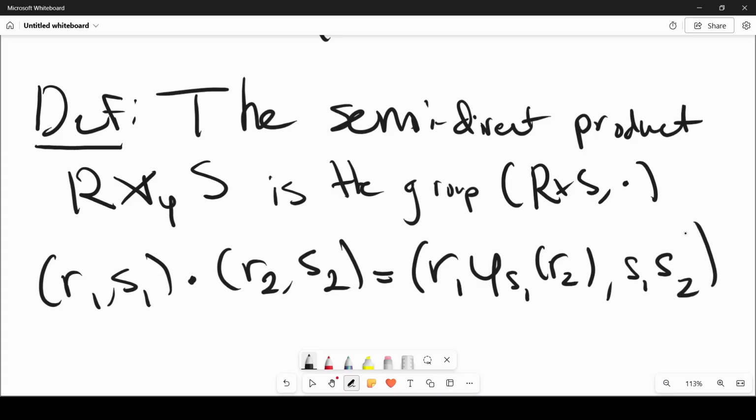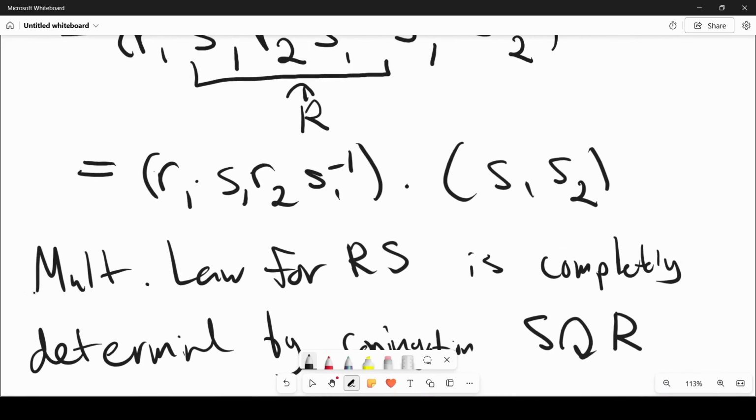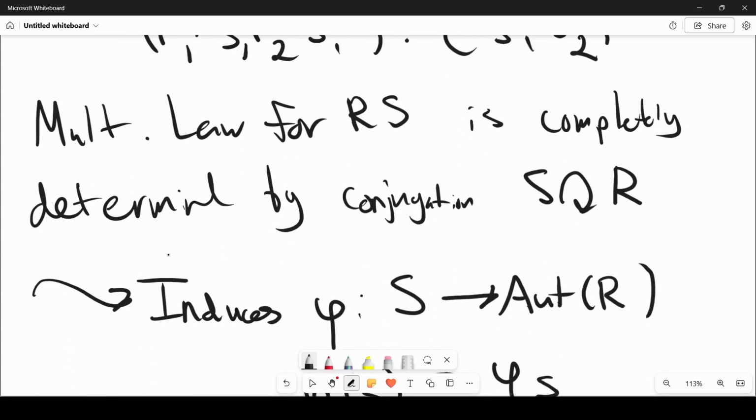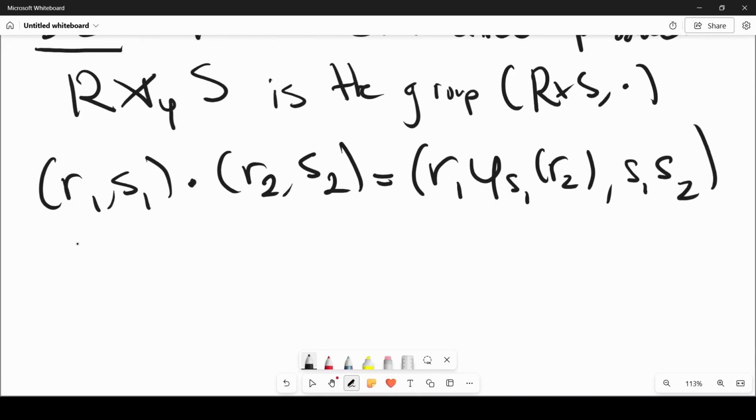So this looks a little weird at first. And the reason why I like to motivate it this way is because it looks really weird if you just learn the definition like this and don't see where it's coming from. But recall, all the way up here, this funky term is coming from this. It's saying I have to conjugate R2 by S1. And that's all that this term is saying. So I have this funky term, and then everything else is kind of normal, how you would expect it to be. So hopefully you should be able to convince yourself